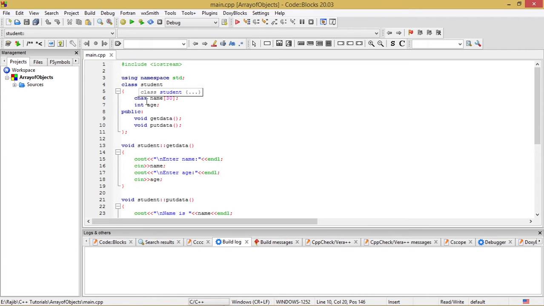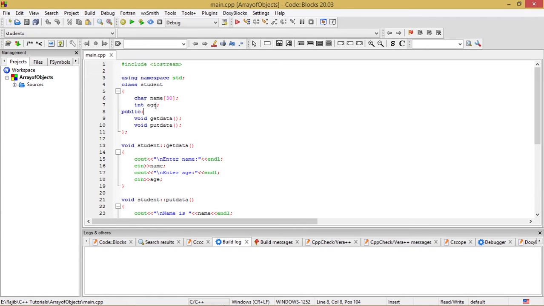It contains two data members and two member functions. Data members are the member variables declared over here. One of them is a character array, the name of the data member is name, and another is an integer variable, int age.